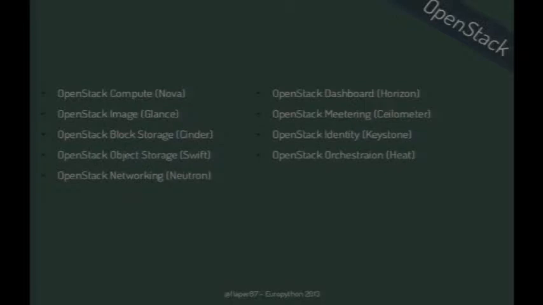There's OpenStack Image, Glance, which provides images to Nova. So every time Nova needs to build a new virtual machine, it asks Glance to give it a base image, and it builds a new virtual machine from that image. There's block storage, which handles everything around block devices like NAS, SAN, GlusterFS, Ceph, everything that has to do with block devices. So you can mount them in every single virtual machine and use them as another directory, let's say.